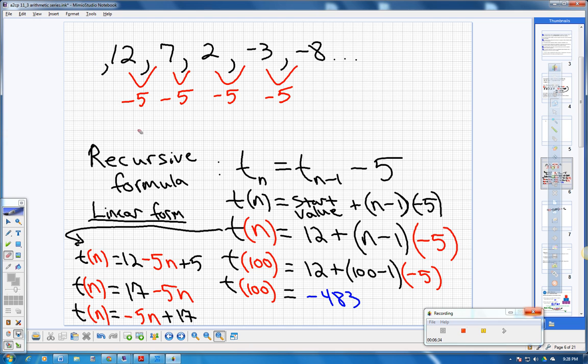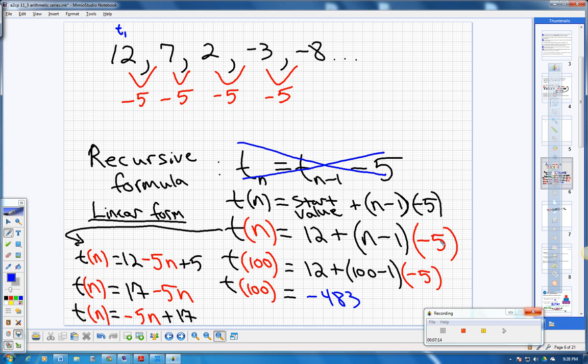So what I started with was 12, 7, 2, negative 3, and negative 8. And at that point, I would call 12 my first term, T sub 1 of the sequence, right? Now, after I ran the same process that I just showed you, meaning that's the recursive form. We don't want to mess with that right now. That's just the recursive form, a different way to write it. We start with, by using that formula, the start value 12 plus n minus 1 times the constant difference of